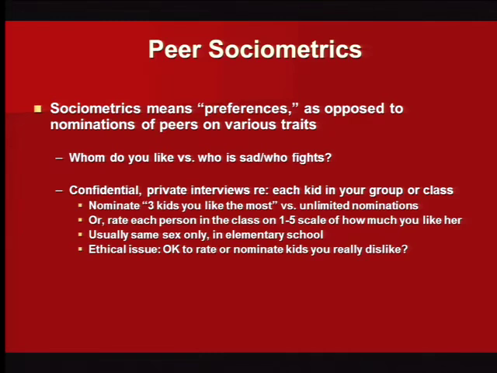Sometimes if you want to do a sociometric study, the institutional review board, the ethical board at your university or research institution will say, hey, is this really good? Aren't you encouraging bullying? Aren't you encouraging kids to not like one another? You're asking the kids who the 3 kids that they dislike the most are. And there's been some interesting research done. You go into a school and you do these sociometrics in 3 of the 6 classes, and randomly you don't do it in the other 3, and then you observe to see if doing these sociometrics actually does encourage bullying or fighting. It doesn't seem to.